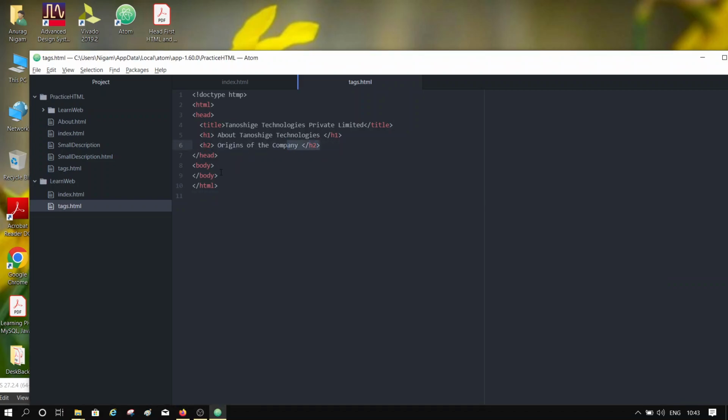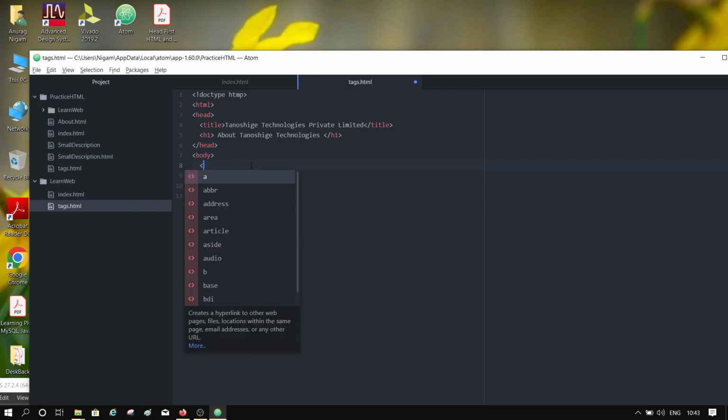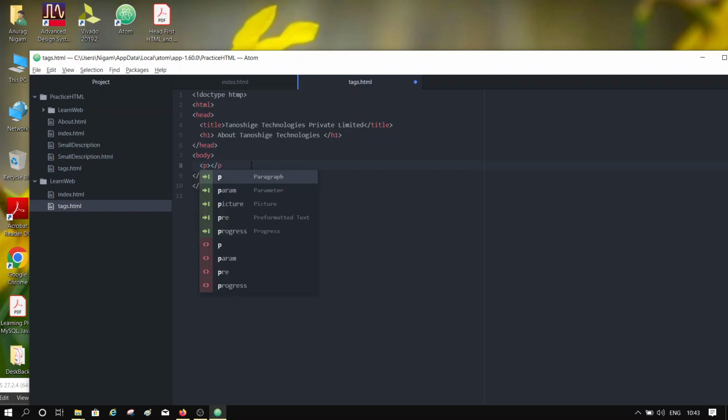Now let's see this. Control X, and let's go to the body and write here a paragraph. So this is a paragraph tag. Again, there is no formatting information. I can just start typing the text. I can say